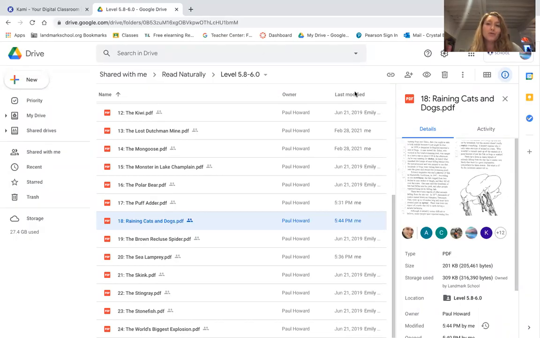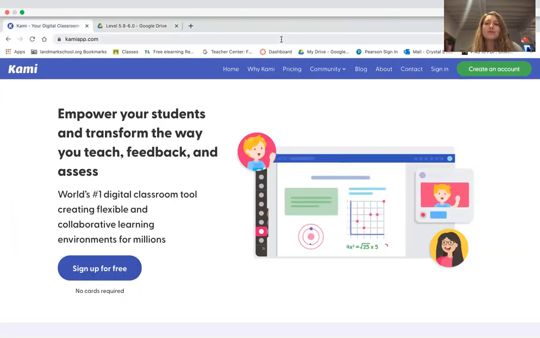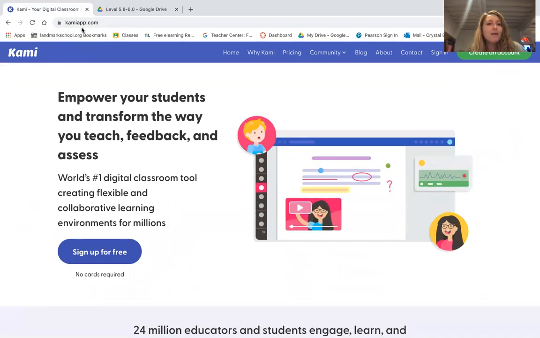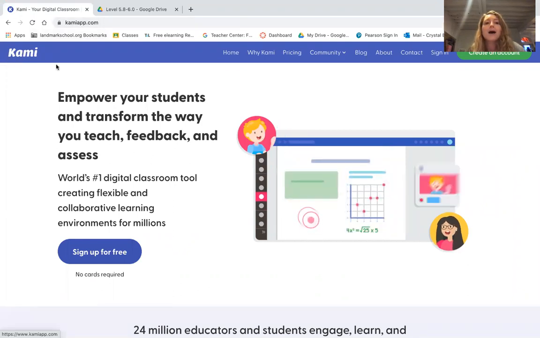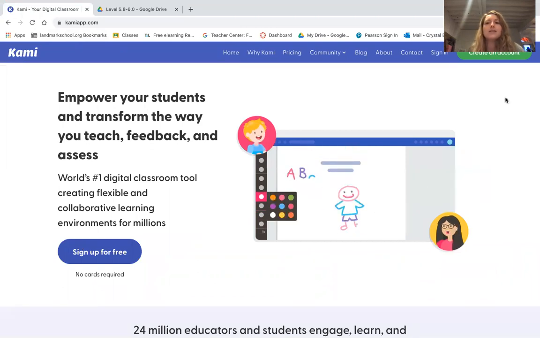I'm a Landmark School faculty member, and today I'm going to be showing you how to use Kami, which is a Google Chrome extension. It's a free PDF annotator, and it allows you to do tons of things with your students to interact within a PDF. If you go to kamiapp.com, that's K-A-M-I, or you could just Google Kami, K-A-M-I, and you can go to this free sign up area. It will walk you through the steps to begin your account and to get the Google